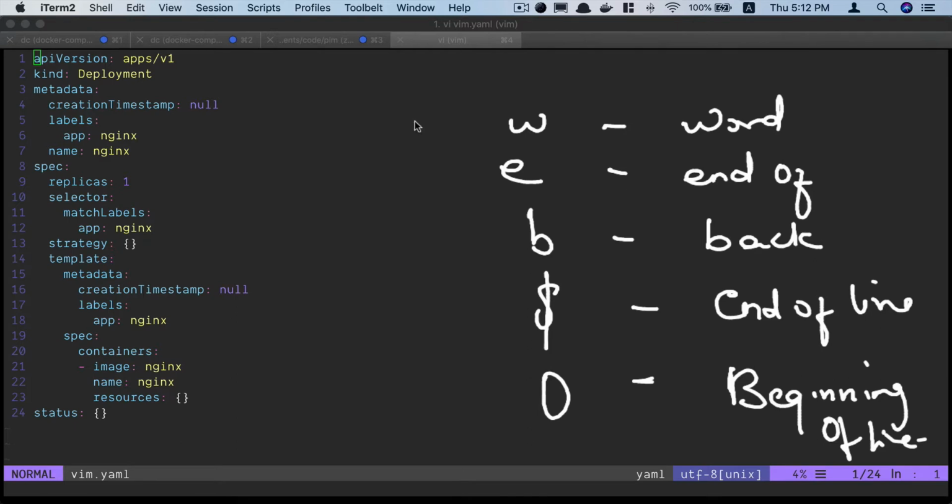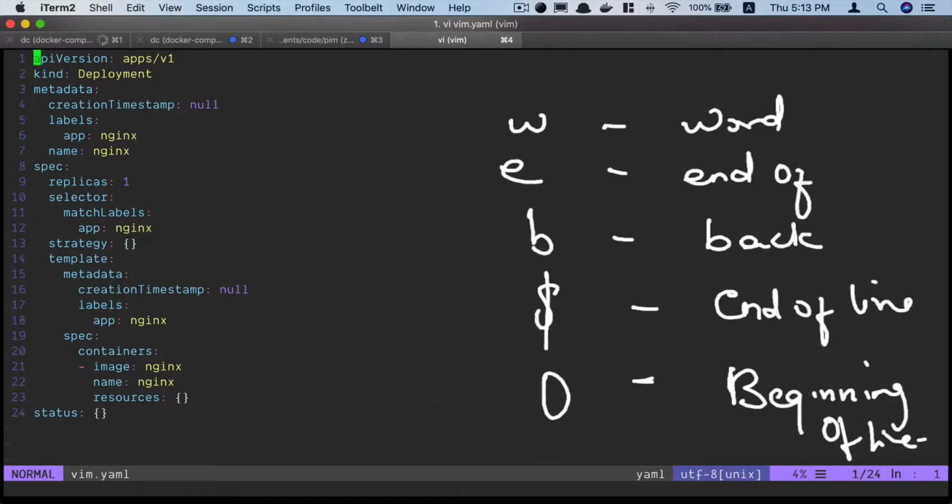Okay, so let's see this in action. As you can see, I'm at the beginning of the file, the first character of the file. If I hit w, I land on the colon. So when you hit small w, all the special characters are considered as a separate word. And with b, I can go back. If I hit e, I go to the end of that word, so I'm on n as opposed to the colon. Once again, b, the beginning of the word.